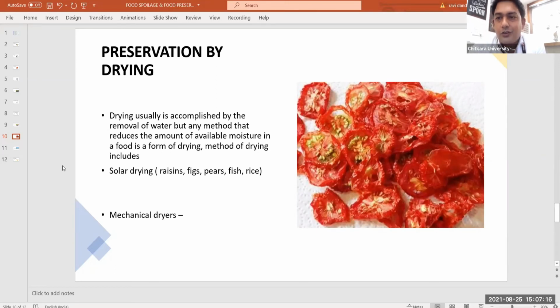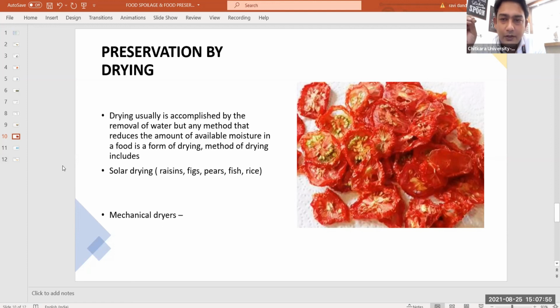At my home also, what I do, I make potato chips. So simply boil the potatoes, peel them, and then make the chips, and keep them in the sunlight, they will dry. No microorganisms are there, no germs are there, nothing is there. In the sunlight I dry them and I keep them in an airtight container, and I can use them throughout the year. In a similar way, various other products also,